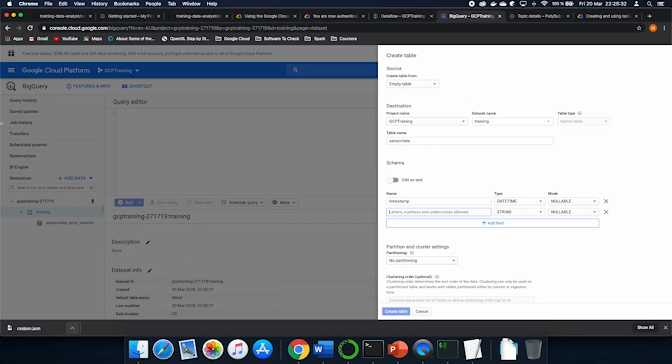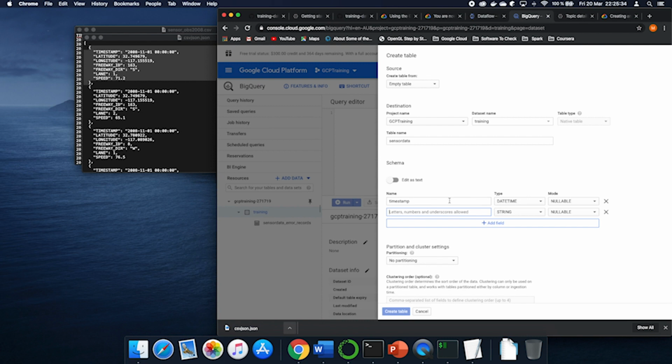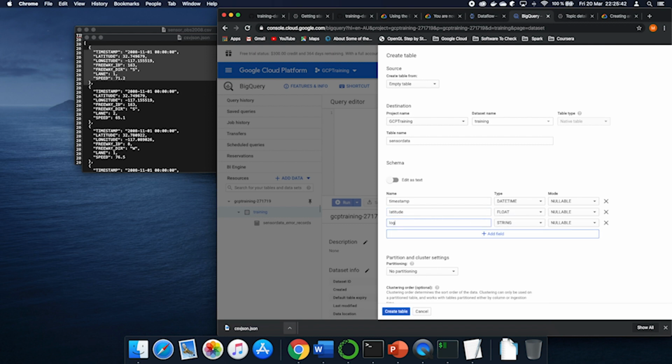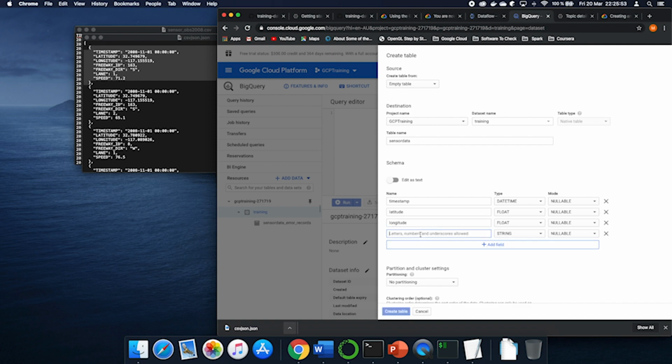Let's get those data back, because we have to take care. Latitude, we do have float, longitude, float.